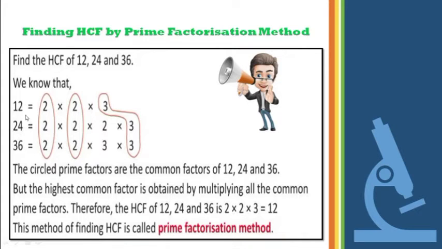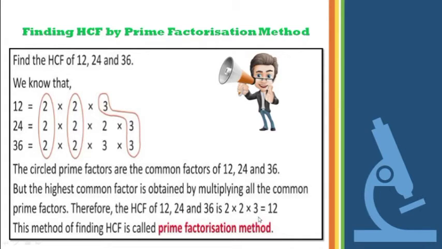So whatever common factors you have just now circled, from each circle you will be taking one digit. From this circle I will be taking 2. So see, you can check it here, it is 2. From another circle, again you take a single value that is common, that is 2. So I have written another 2. And from the last circle you are seeing that all the digits are 3, so the common factor is 3.